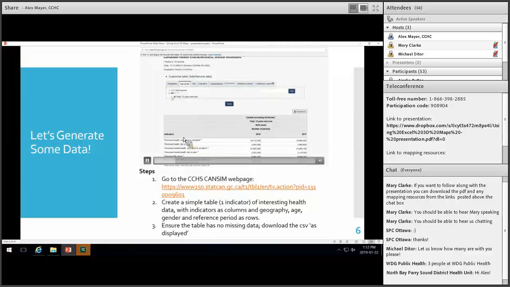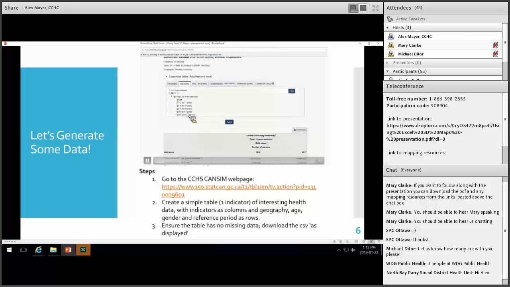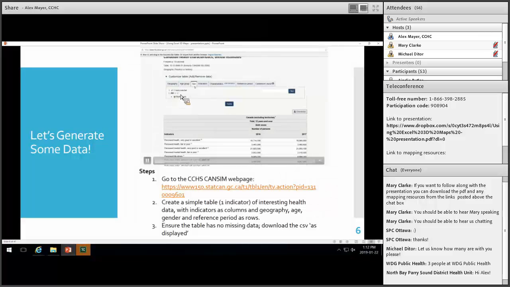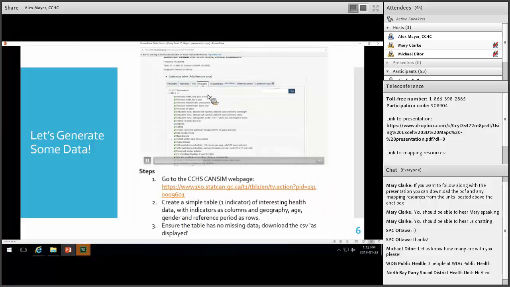your data. So this is the table as a default, but you can change this table based on the variables of interest. Here we're only going to select age groups 50 to 64 and 65 years and older. We're going to select all the provinces as geographies, and then we're going to pick and choose the indicators that we're interested in. In this case, we'll just go with fair or poor perceived health, fair or poor perceived